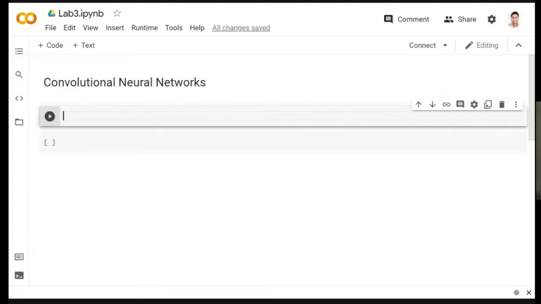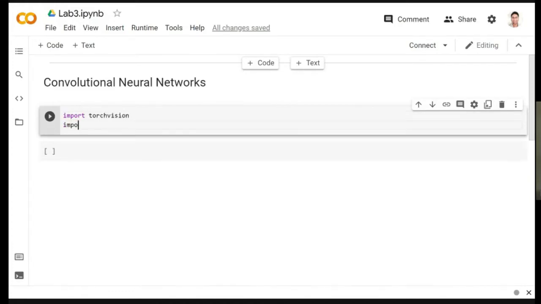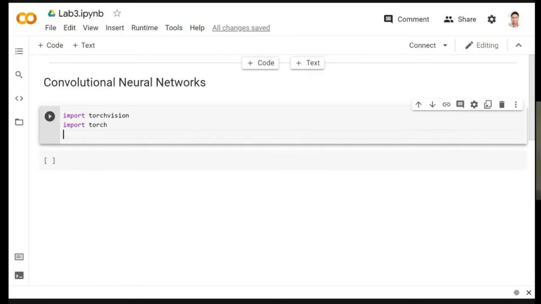Let's download our data sets. Let's construct our data loaders. Stuff that we need anyways. It's nothing but just the copied stuff from last lab. So anyways, I'm just going to start typing. I need torchvision, which contains my MNIST data set. There's the PyTorch library itself. From PyTorch, I need some